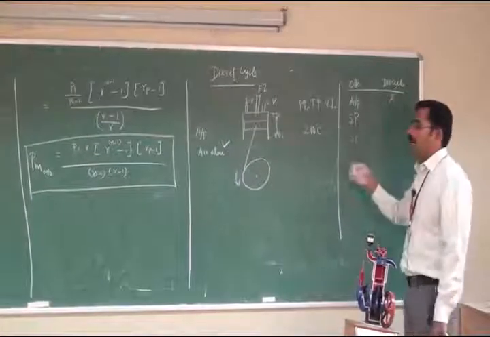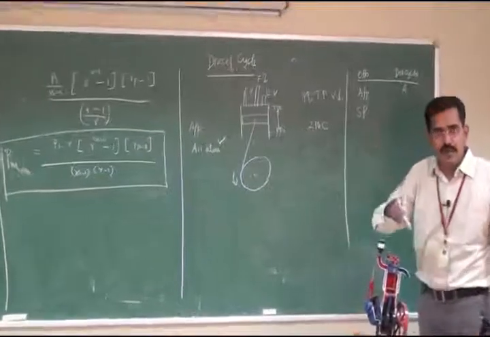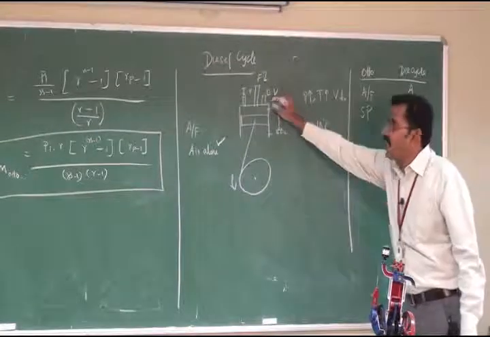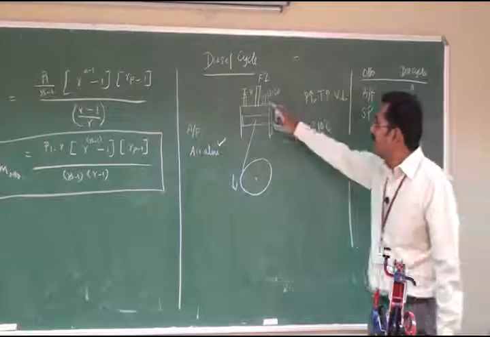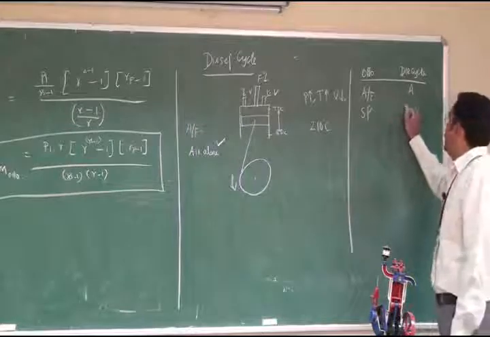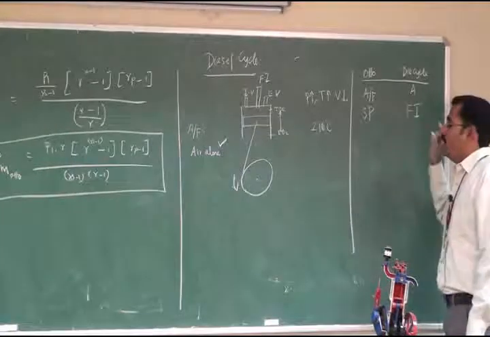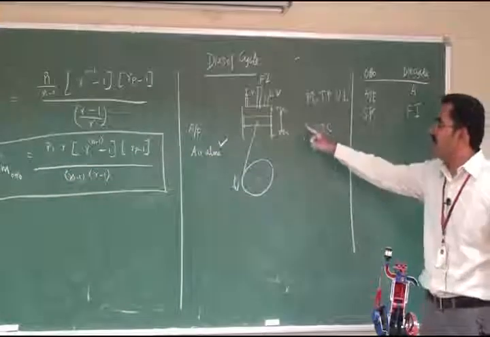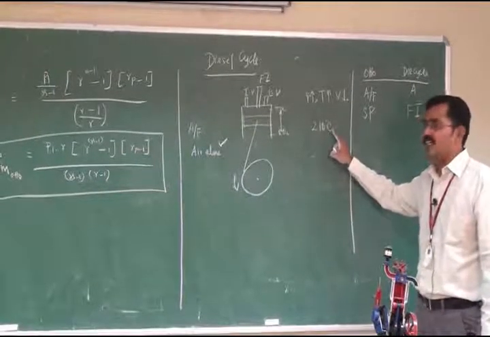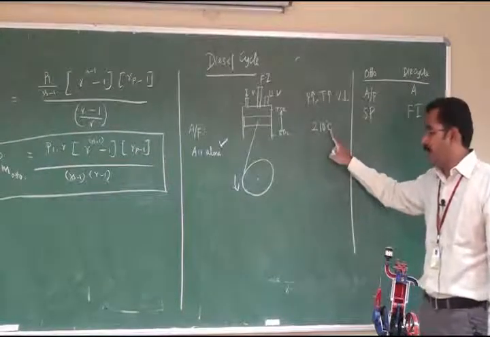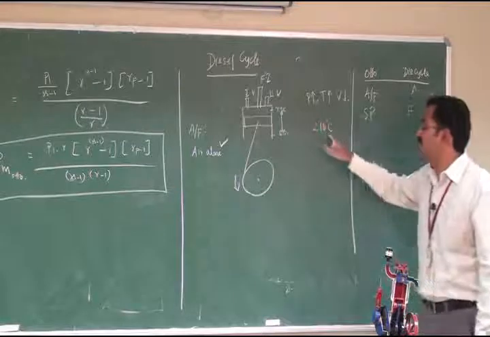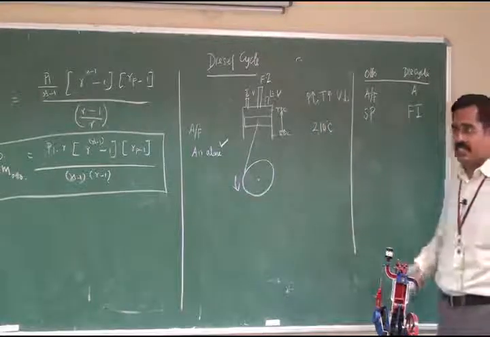But in diesel cycle, the diesel fuel is supplied at high pressure and also constant pressure on the compressed air available in the clearance volume inside the cylinder above the piston. Then automatically the combustion process is initiated, by means of the fuel injector. The temperature attained in that combustion chamber will be above 210 degrees Celsius. What does 210 degrees Celsius mean? It is the self-ignition temperature of diesel. If the temperature attained in the combustion chamber is greater than this temperature, then automatically the combustion process is initiated.